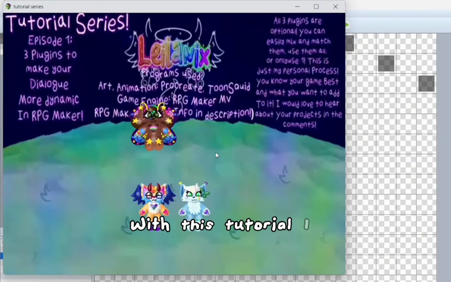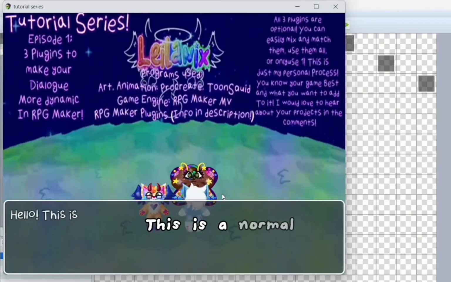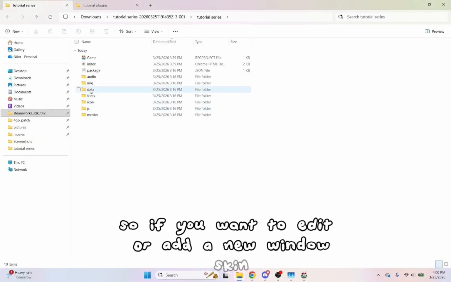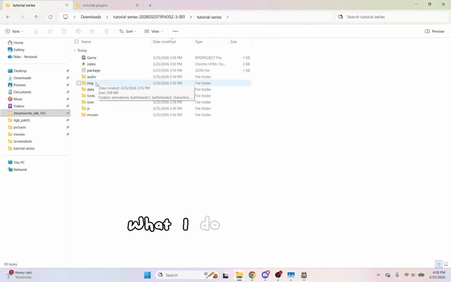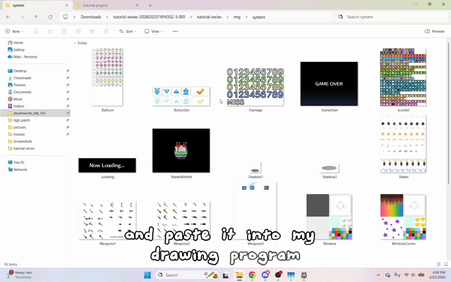With this tutorial, I assume you have at least some knowledge. Just teasing. This is the normal window skin without a script call. So if you want to edit or add a new window skin, just go into your files. What I do is I copy the original window skin and paste it into my drawing program, which is Procreate